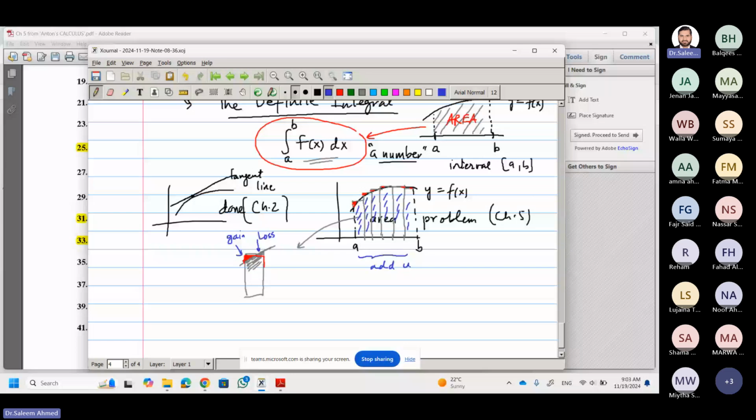Basically, these are the areas of rectangles. When I make a straight line at the top, it becomes a rectangle. And we know how to find the area of a rectangle, length into width. So if I add all the areas of these rectangles,